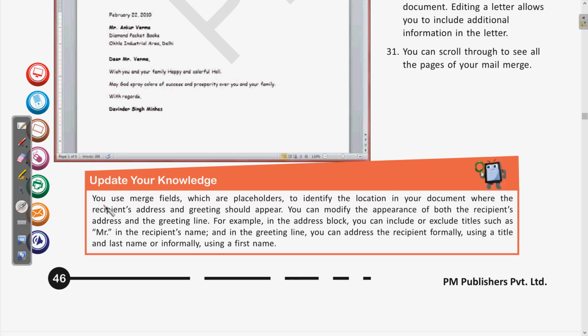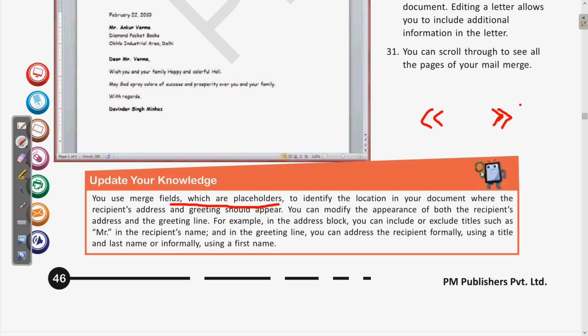You can use merge fields, which are placeholders. Clear? So merge field means placeholders. For example, the address block means it will hold something. The block we have written in the double arrows, which we saw while using mail merge for the address block or for the greeting line, was all included in the double arrows.